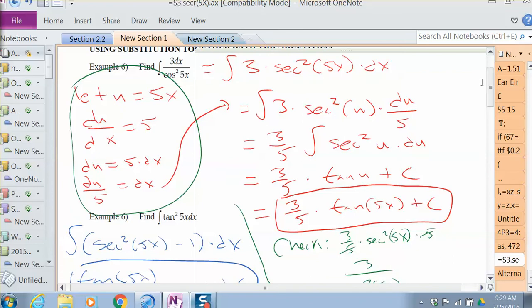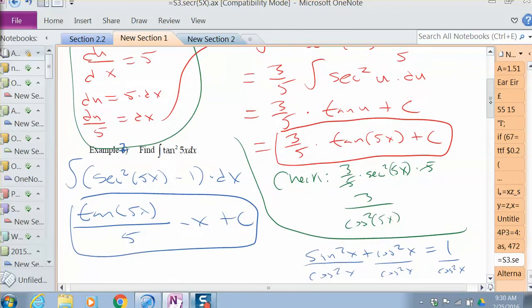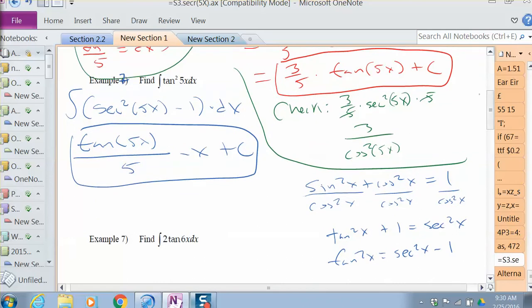So yeah, there was a 3 in the previous part. So I might have confused you guys. We're not exactly using example 6. I just realized that this actually should be example 7, what we just did. So we'll just renumber them as we go along. The previous example had a 3, but we weren't using that. You're basically taking the antiderivative of secant squared 5x, which you know is tangent 5x over 5. You could check if you like, but you'll have to go back and use the identity again